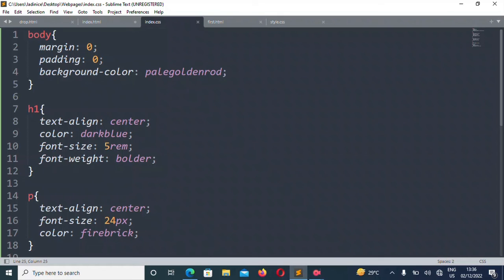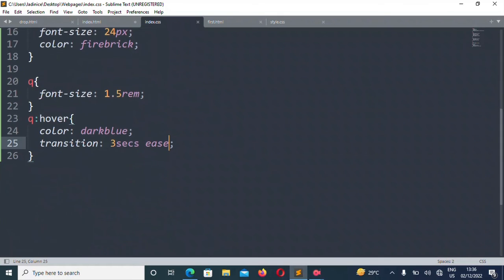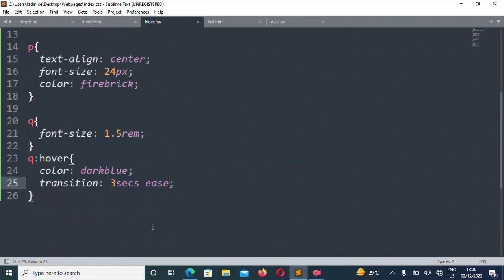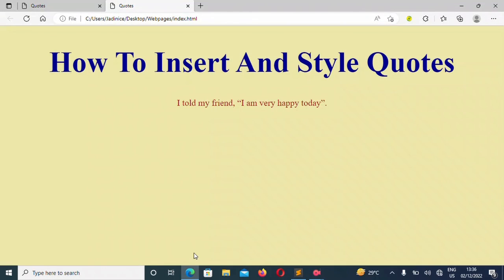So there you have it. You can actually insert and style quotes and even make the quotes hover. So with what you've learned now, you're able to create your very own quotes and style them whichever way you want. So why not just go ahead and keep on playing around with the coding? You can use transition, you can use hover, you can use before quotes, you could use close quotes, any one that you want.